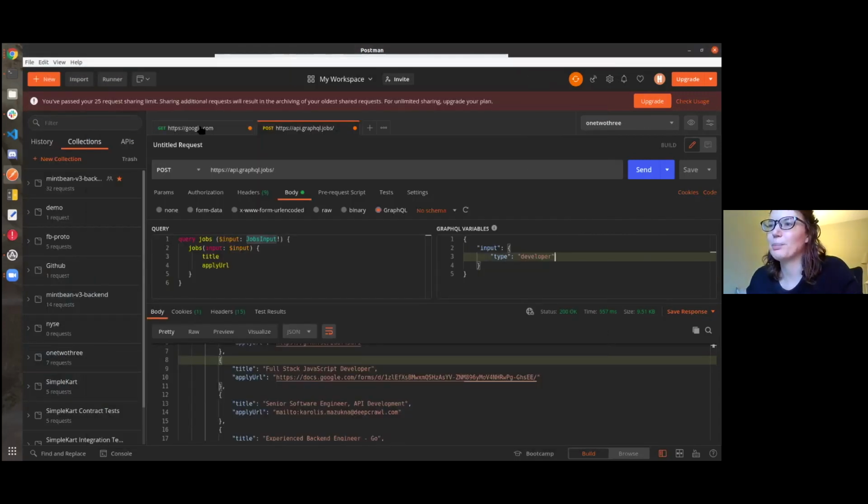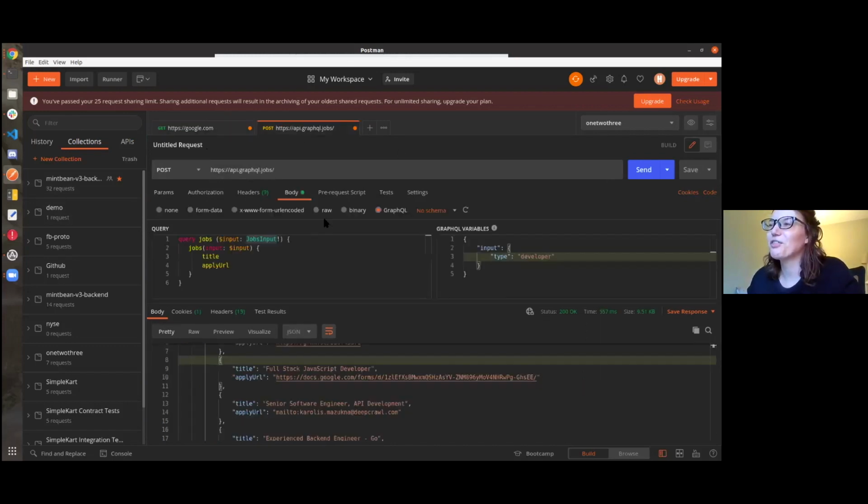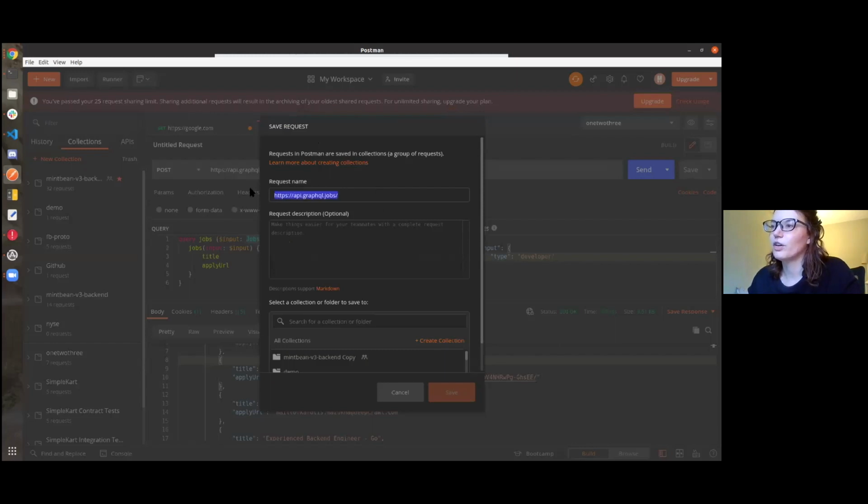we're starting to rack up all these tabs up here. And you'll see that there's this little unsaved button. And that's because, yes, you do have the option to save a request. And to do that, for example, say you wanted to save google.com. It's a request you make often, I don't know. Actually, no, let's save the jobs one, because let's say every morning you wake up and you want to see what jobs are available. So you can just click here and there's a little save button on the right, and you can say save as. You can give it a special name, like get all the jobs,